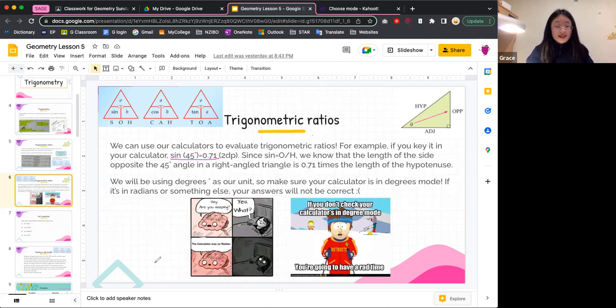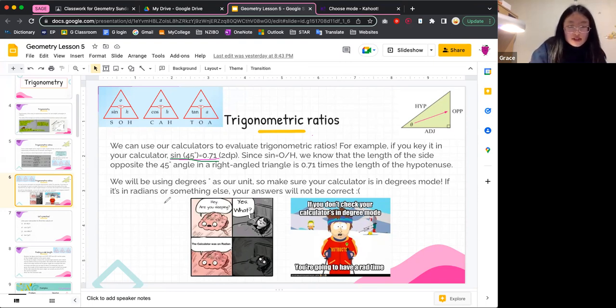So if you're in radians, your answers are going to all come out wrong. So just go into your setup and change your angle setting into degrees. All right, so sine 45 equals 0.71. Now, once you've got that on your calculator,